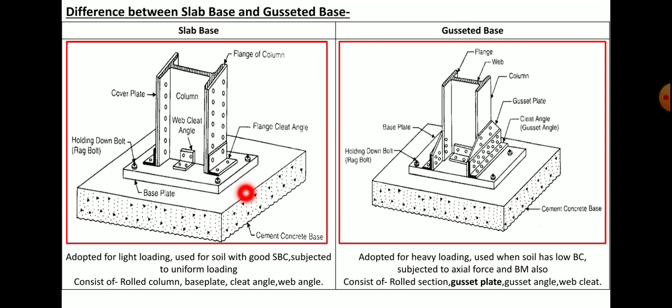So likewise is the differentiation. Now this differentiation you need to understand. When the loading acting is lighter, or less amount of loading, and there is only axial force acting on the section or column section, in those cases we prefer slab type of bases for light loading or small industrial sheds. In case of big industrial sheds of larger spans, or when it is subjected to certain loads from gantry girders or crane girders, in those cases we go for gusseted type of base.